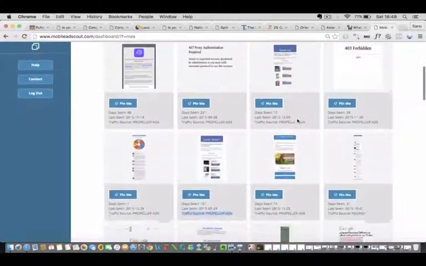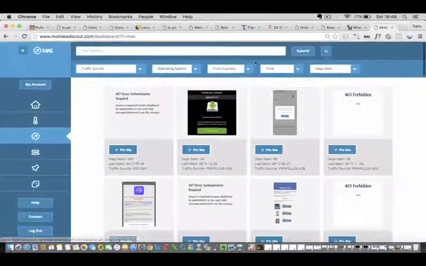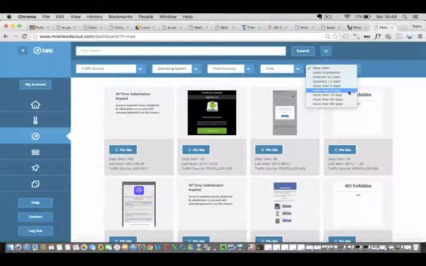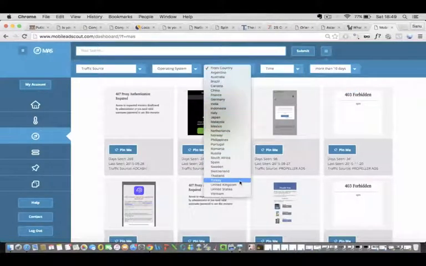Let's see some other landing pages. So let's actually put for days seen, let's put it greater than 10. We can also choose a country as well. So typically what I do is I try and look for foreign countries, okay? Because a lot of affiliates, they don't want to play there. A lot of affiliates, they just want to play USA, UK, Australia, New Zealand, and Canada as well. So what I like to do is look for campaigns in like Malaysia, Mexico,